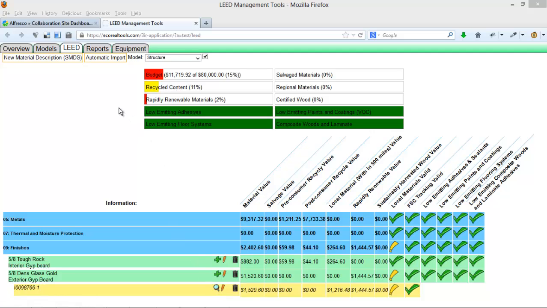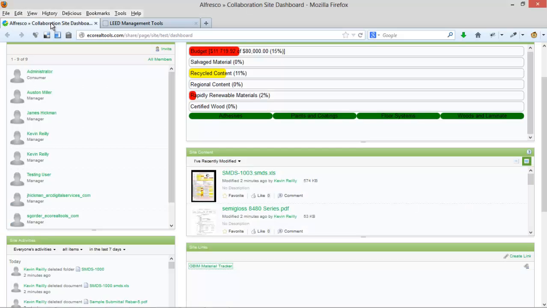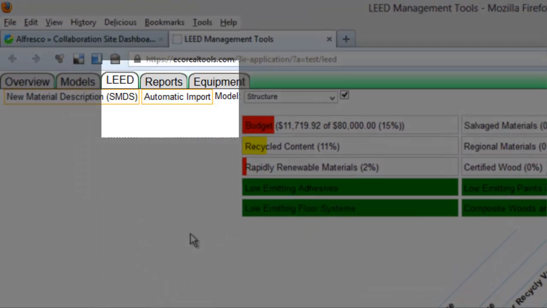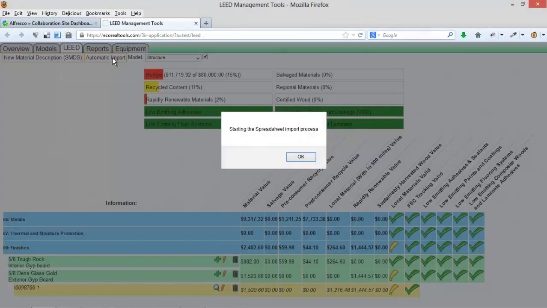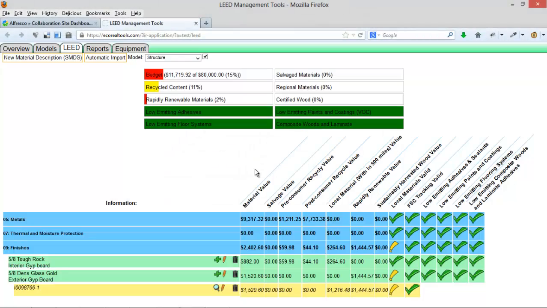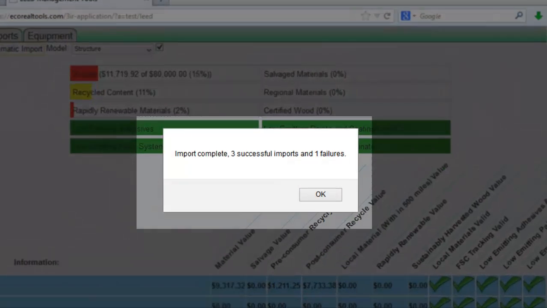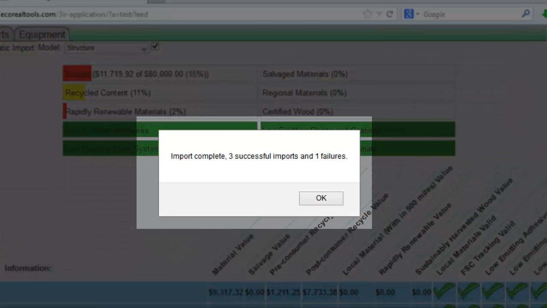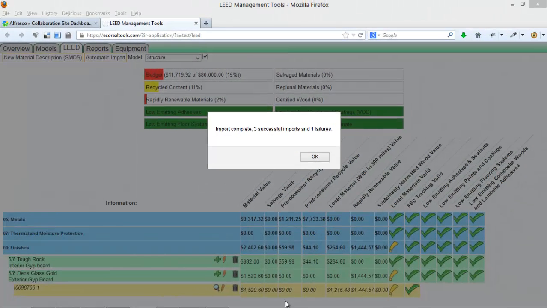So when it comes time to update, after a quick review of what has been coming in as we talked about through the collaboration site, you simply log into the material tracking software, press auto import, and start the importation process. And as you can see, we had 3 successful imports and 1 failure. So we can simply go to the site